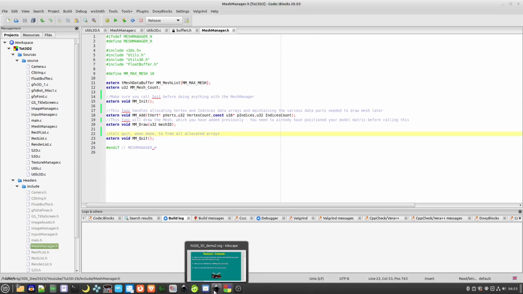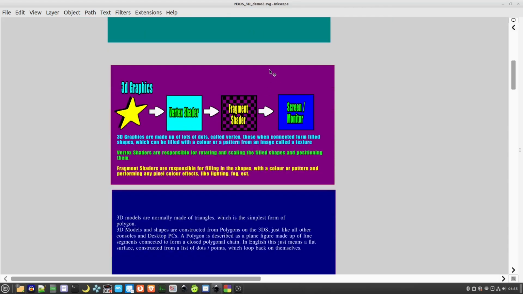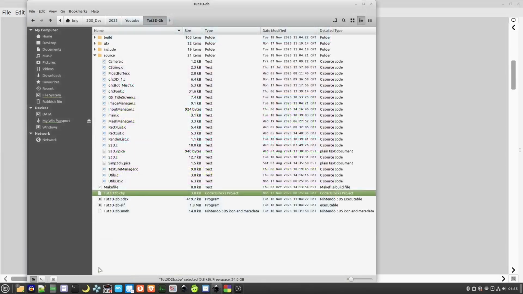So first off, let's carry on with this. So quick refresher here, everything's generated with shaders on the 3DS. So our 3D graphics goes through the vertex shader and a fragment shader, which is all contained in the one shader, before going to the screen or the monitor. This is the sort of OpenGL style here, whereas as I've gone over in the previous video, the 3DS versions of all of this